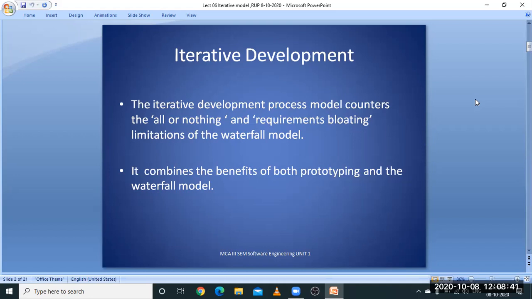It means the drawbacks which are there in the waterfall model, out of which two have been concentrated on in this iterative development model. They are all or nothing and requirements bloating. Now, what are these two limitations which have been mentioned in the waterfall model? All or nothing is when a customer is giving inputs under waterfall model. We are discussing waterfall model limitations. When a customer